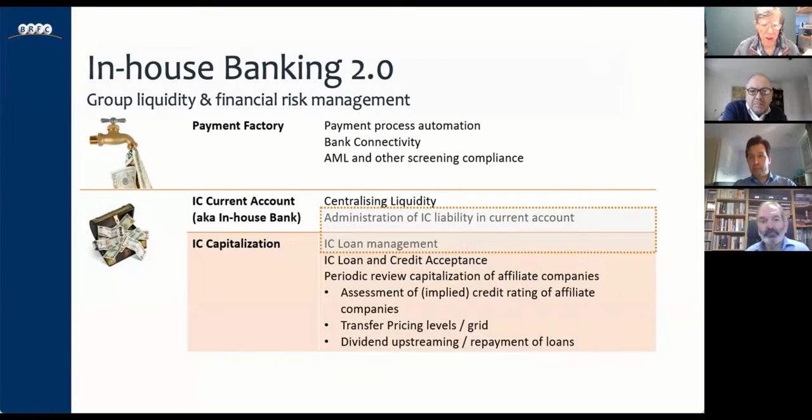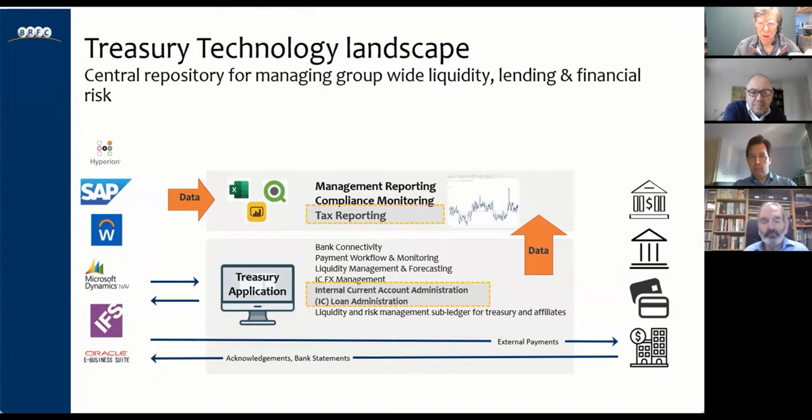My takeaway from this is that the new element in here is the tracking of the loans, not just in the initial setup, but moving forward. And that actually leads us to the next slide, where we're talking about the Treasury technology. Bas, explain what you mean here by this slide. Yeah, I think the foundations of this slide are quite familiar to many a treasurer that has a treasury management system. We have the treasury management application in the middle, and the banks on the one hand, and the intercompany systems on the right hand.